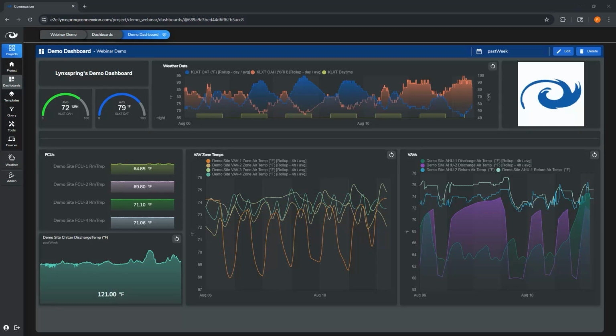Thanks, Jake. A couple other questions that have come up in previous discussions, like we're doing today, is one of the many features is our device manager, device management.